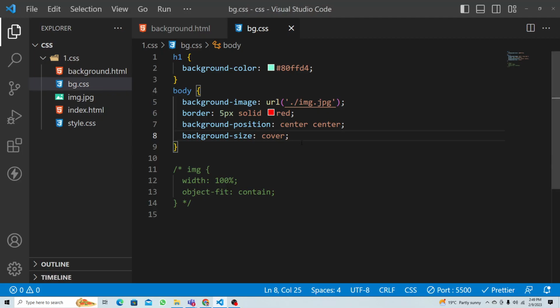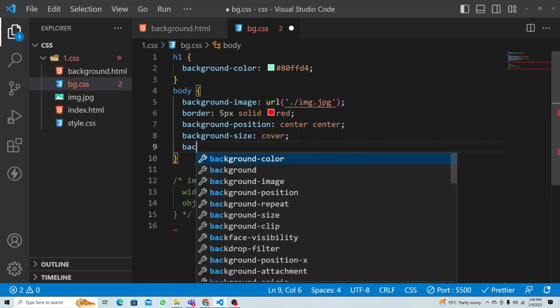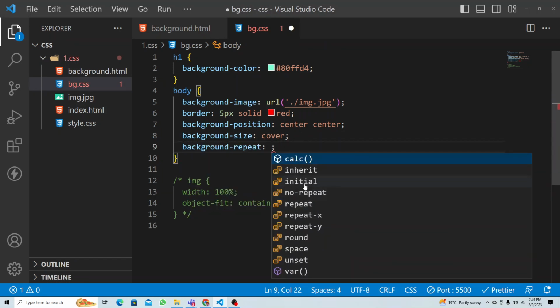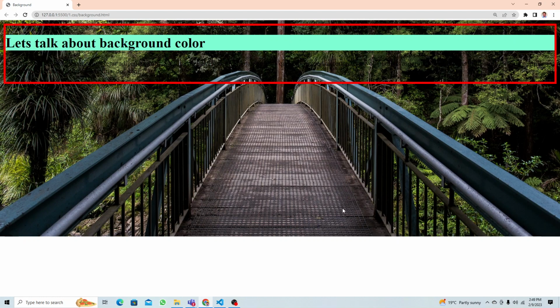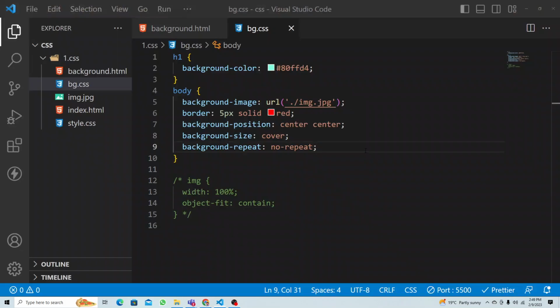To remove that, we have background repeat: repeat-x, repeat-y, no-repeat. So we add no-repeat. That means our image looks something like this now, and it gets the real size of the image. We can increase this by